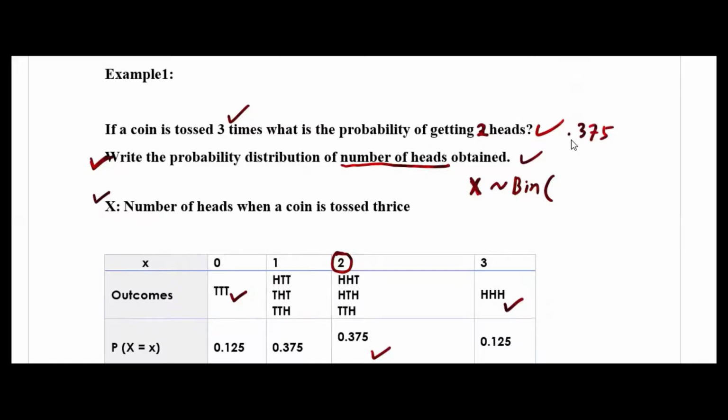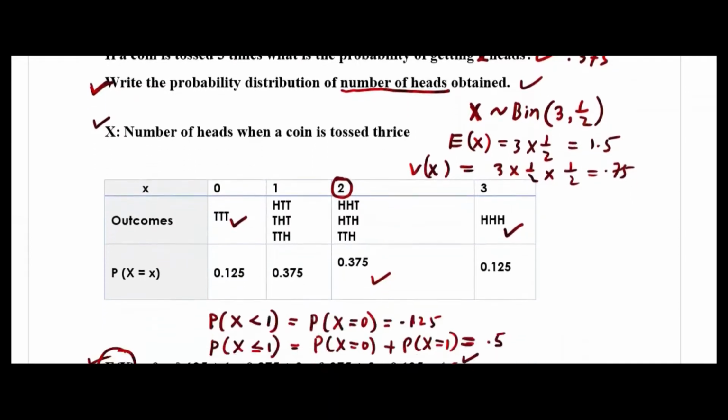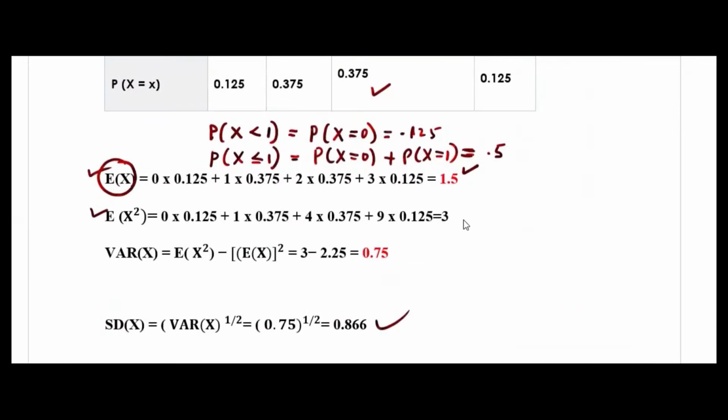Okay, probability distribution, 3 times. So I'll write n = 3, and p is half here, because either you will get a head or a tail. Then if you want to find E(x), the formula is np, 3 multiplied by half, that is 1.5. And if you want to find the variance of x, it will be npq, another half. This would be 0.75. You can check here. Matching, right? 1.5, 0.75. Then the standard deviation you can find. You have to take the square root.